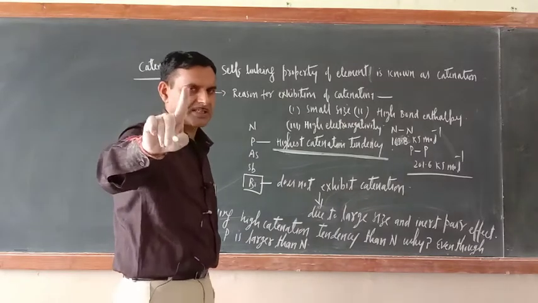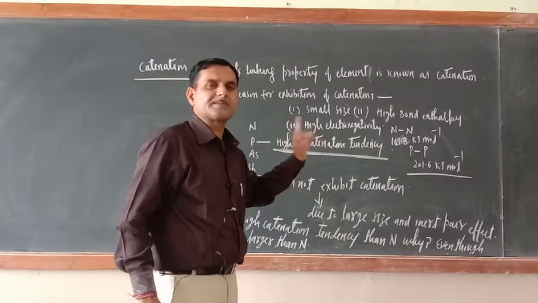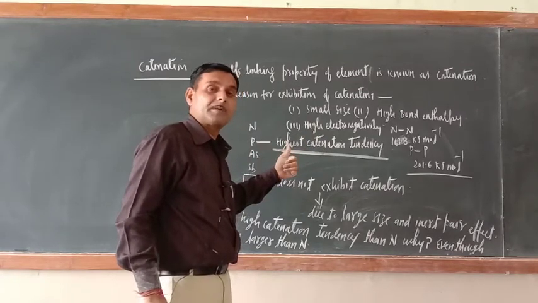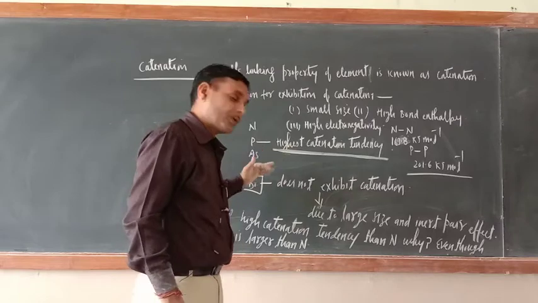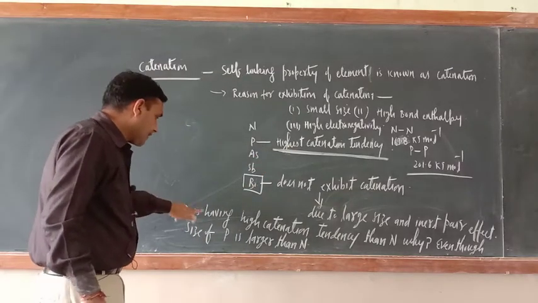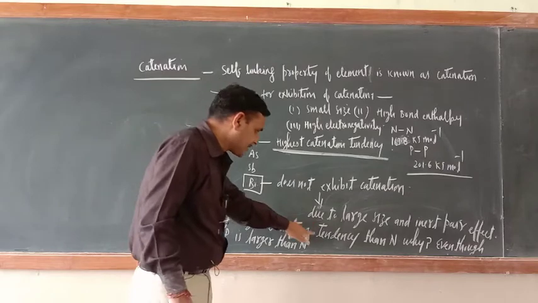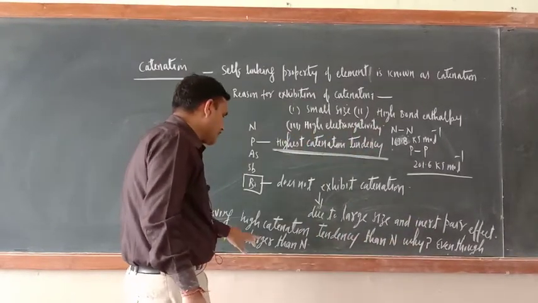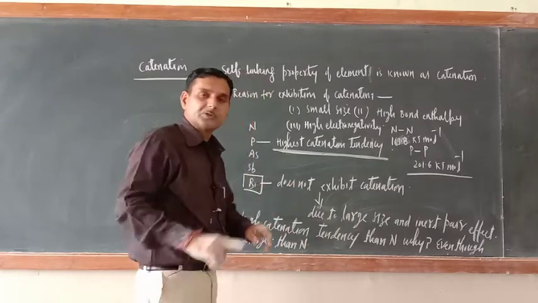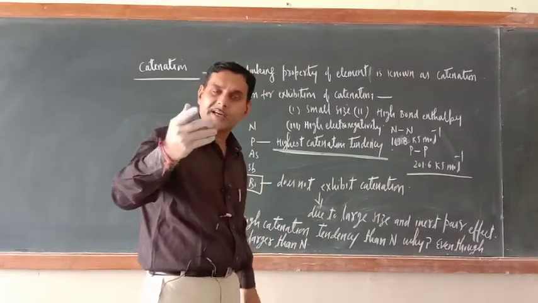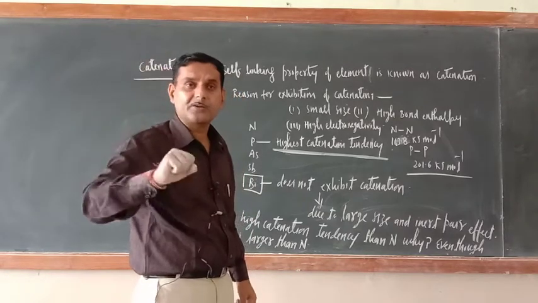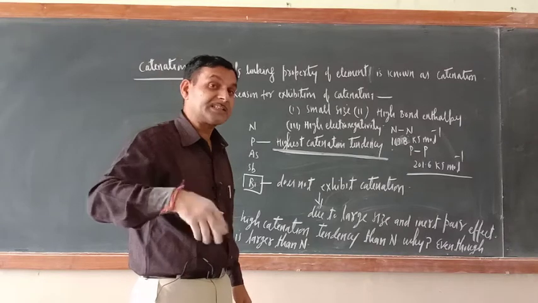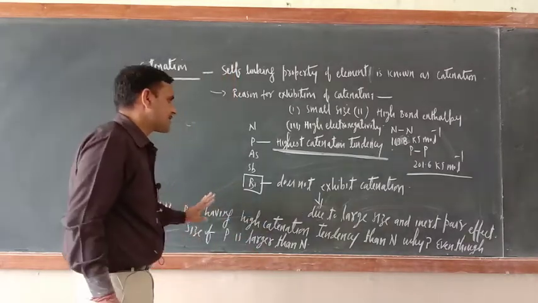Always remember, chemistry is the subject of exceptions. Only exceptions will be asked. So nitrogen should have had the more catenation property, but here phosphorus is there. So I wrote here the question: phosphorus has high catenation tendency than nitrogen. Why? Even though the size of phosphorus is larger than nitrogen, phosphorus should not have shown greater catenation tendency than that of nitrogen. But here phosphorus is showing. Why? Very simple answer is there. Don't worry. Just see.